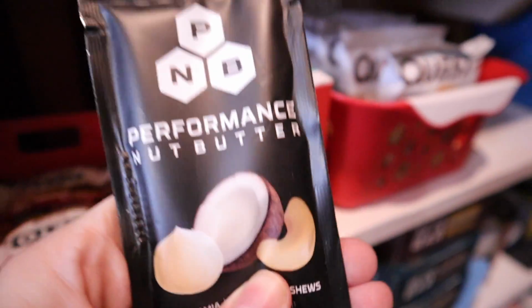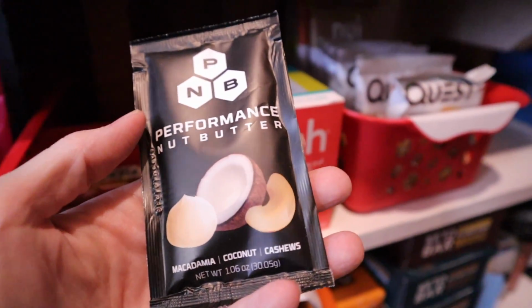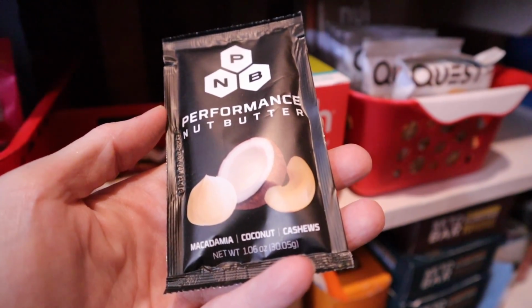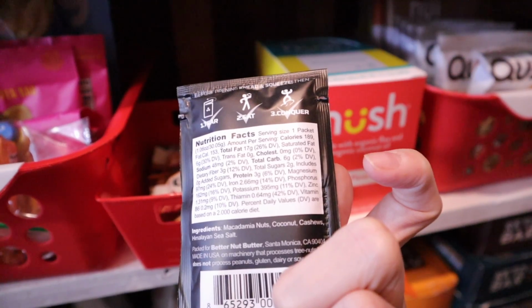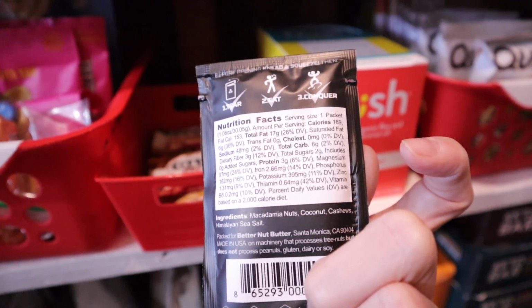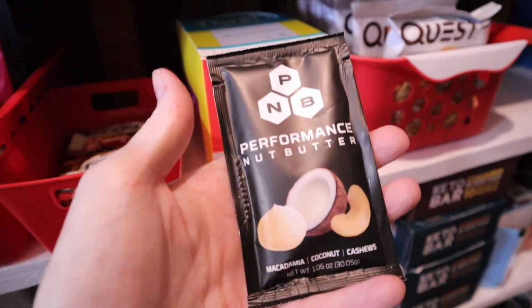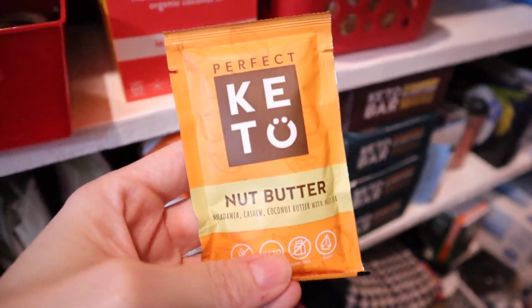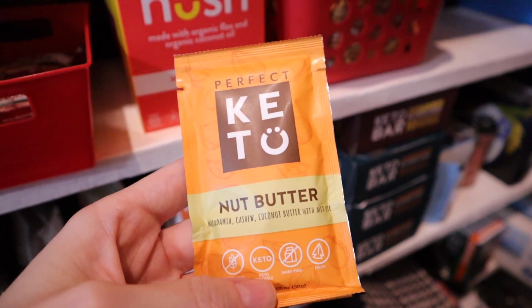This one is really, really good. It has a wonderful taste. It's macadamia nut, coconut, and cashews, and this entire packet is 189 calories. Total fat is 17. It is so good. I love it. But if I'm wanting one that's more keto friendly, then I'll pick up the Perfect Keto Nut